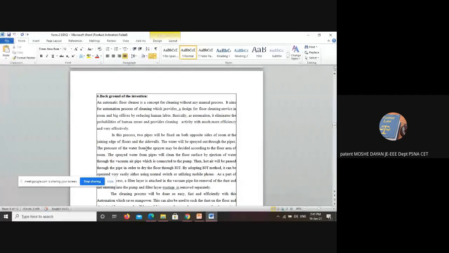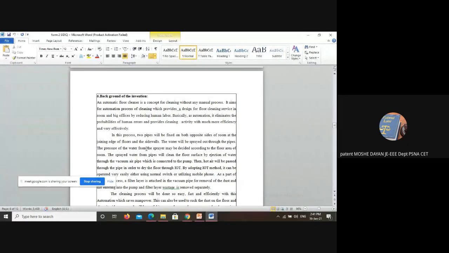So you have to be very clear with the working methodology. You have to be very clear in explaining the diagrams. You have to be clear with the working operation, and clear with the mechanism, and everything you should be very clear. And when you are vague, you'll be losing the patent. You should be as clear as possible. You have to disclose each and everything in the patent very clearly, so that you will be very safe at the time of getting a patent grant.